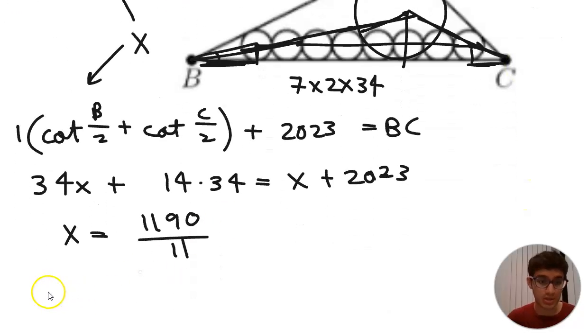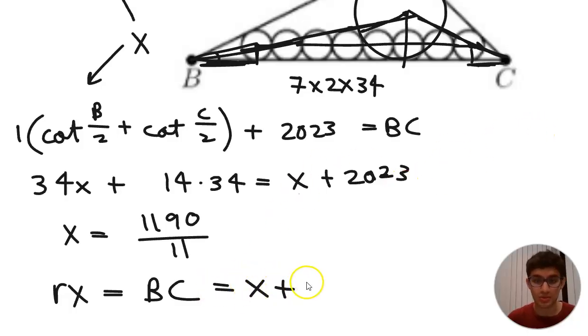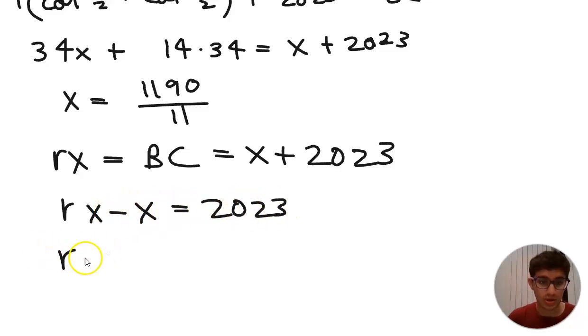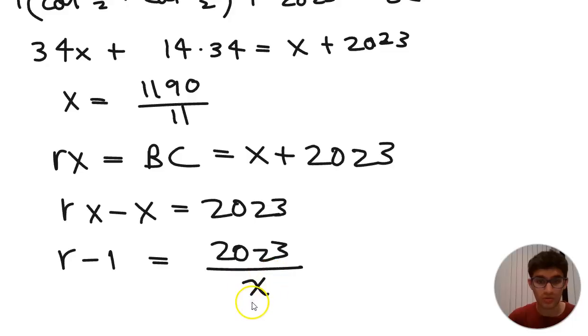We know that Rx is equal to BC. But what else is BC equal to? It's just equal to x plus 2023. Or you can use the other equation, but this is just a little bit easier. So from here, we know that Rx minus x equals 2023. So what does that mean? That's R minus 1 is equal to 2023 over x, which means now you have to do the division, unfortunately,